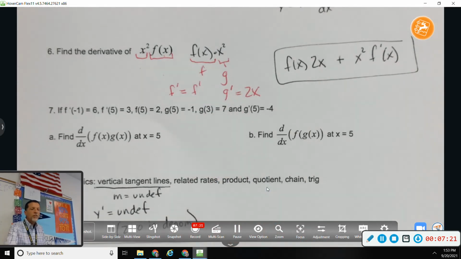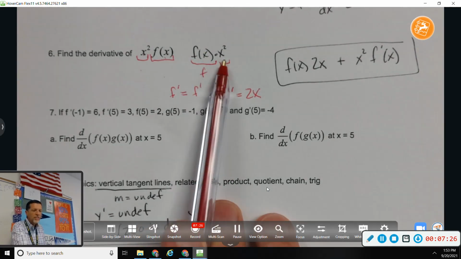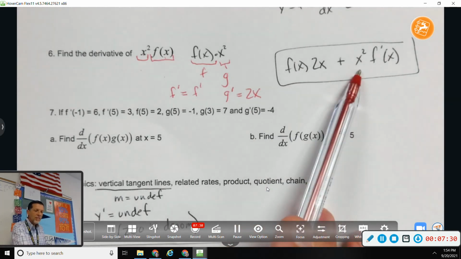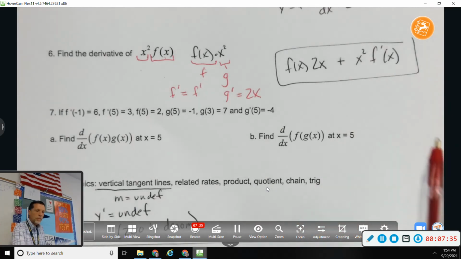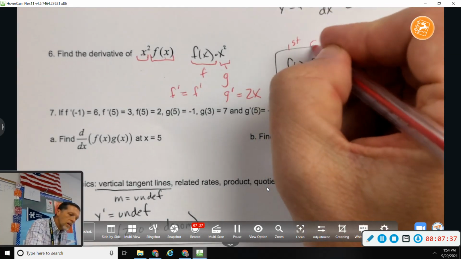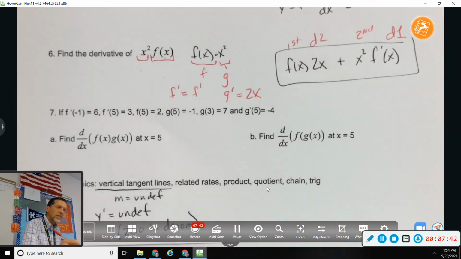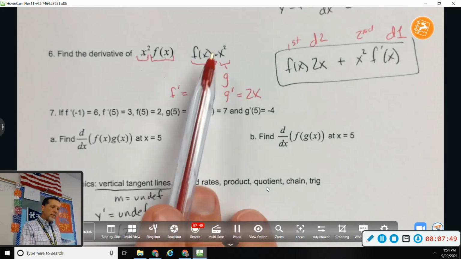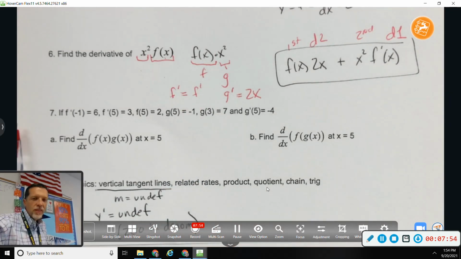Well, okay, so forget f and g, do product rule in your head. First times derivative of the second, plus second times derivative of the first. For f of x, how did you get the derivative of f of x to be f prime? The derivative of f of x is f prime, because I don't know what f is, so I'm just going to call it f prime. Would it work if